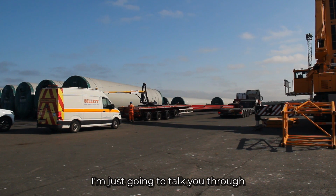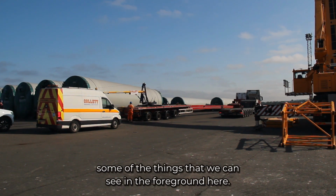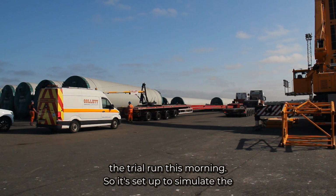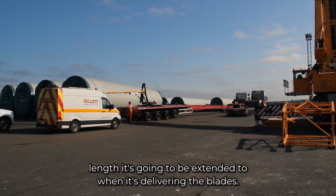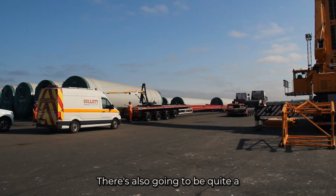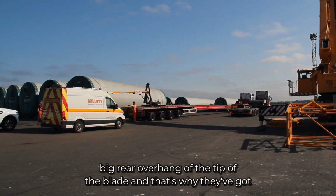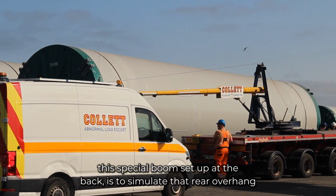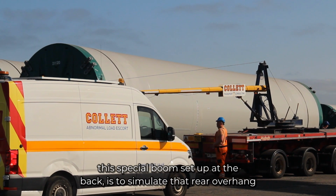I'm just going to talk you through some of the things that we can see in the foreground here. The big red trailer is the one that we're going to be using for the trial run this morning. So it's set up to simulate the length it's going to be extended to when it's delivering the blades. As you can see, it's a pretty enormous bed that it has to be stretched out to. There's also going to be quite a big rear overhang of the tip of the blade, and that's why they've got this special boom set up at the back, to simulate that rear overhang to make sure that that